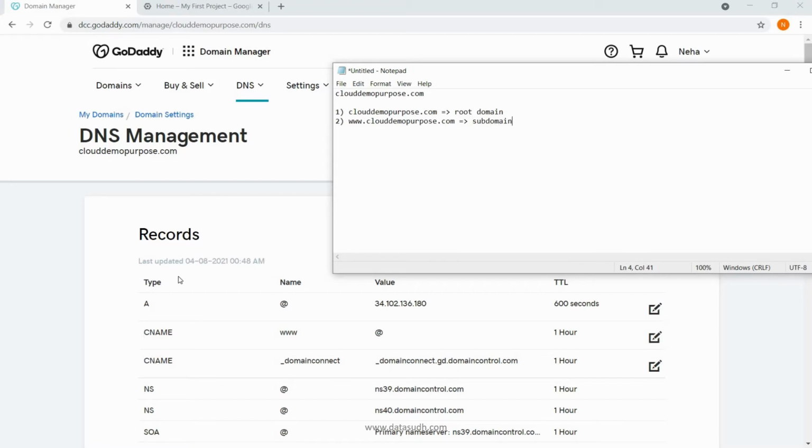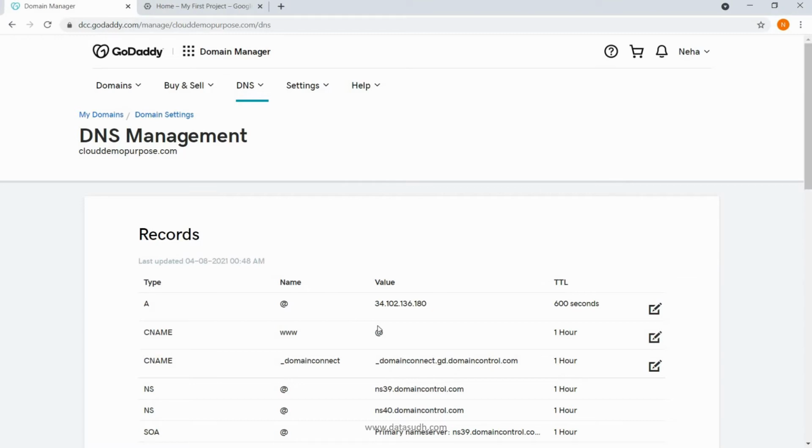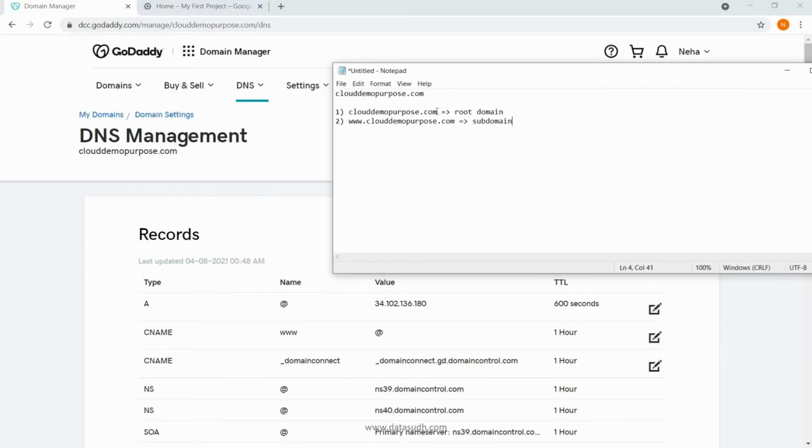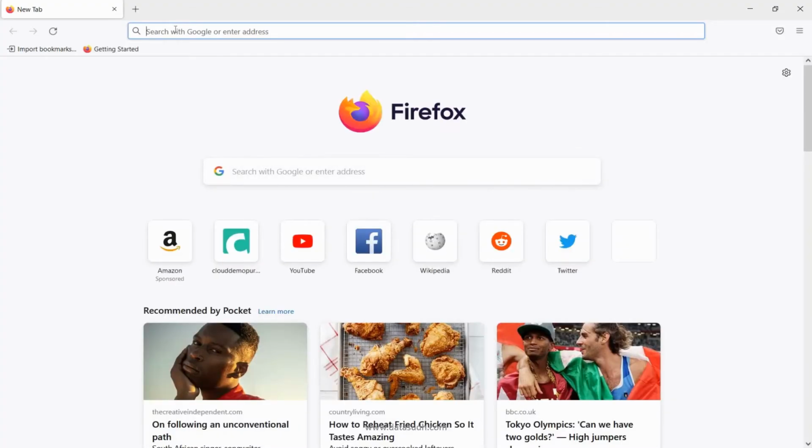So the top two entries which you are seeing in these DNS records, that is record type A, this is my root domain entry. And the second entry which you are seeing for CNAME with www, this is my subdomain entry. At this point of time, by default, my www is pointing to my root domain. So if I navigate to my domain in a browser where I have not hosted anything, I have only purchased a domain, what will I see?